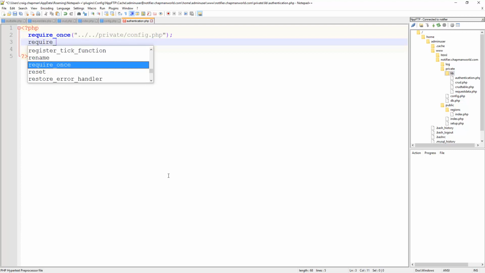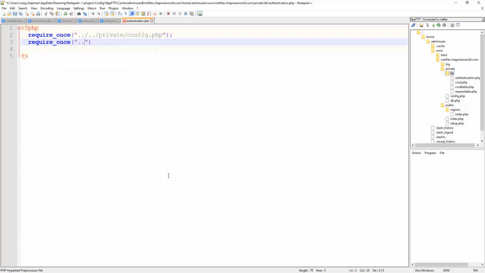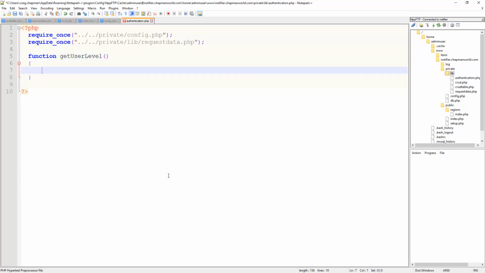We're also going to require once the private lib request data.php, because we want to be able to make use of the request data. And then we're going to have a function which is called getUserLevel. Okay, so what we're going to do in this getUserLevel is we need a